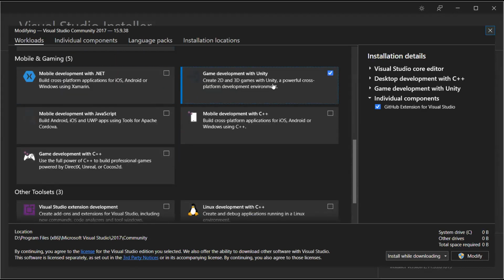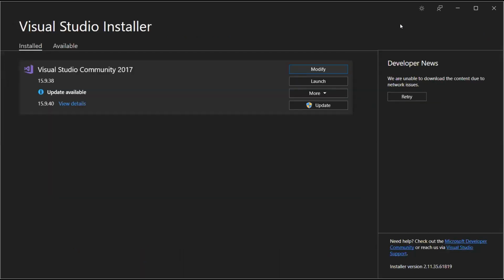It is available in workloads as Game development with Unity. This will help your workflow because it has IntelliSense and syntax highlighting and other things for scripting in Unity. So I would recommend you try it out.